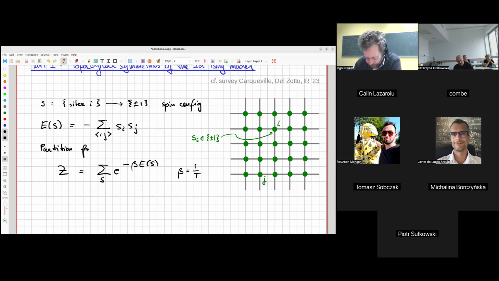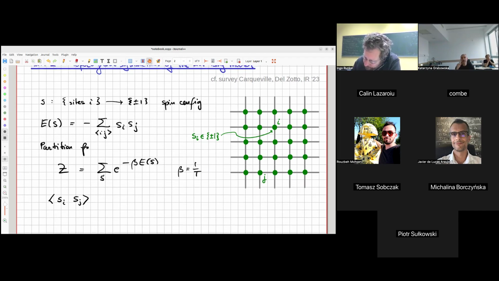So physically, you would want to be interested in computing correlation functions. How would that look in this model? Suppose you want to correlate the value of the spin at some site i and some site j. That would be defined as the normalized partition function. You normalize by that expression, and then again you take the sum over configurations, and now you take this product s_i times s_j, and you weight again with this Boltzmann factor. Right, so that I am hoping many people have seen at some point.